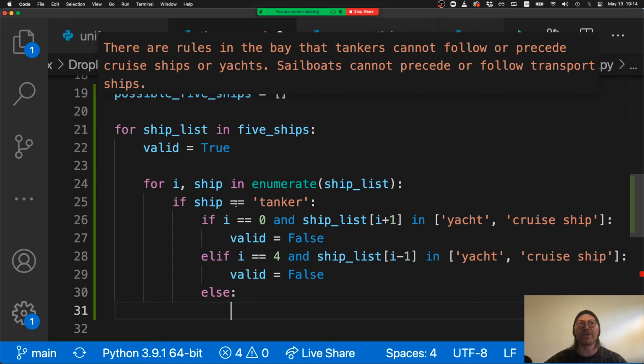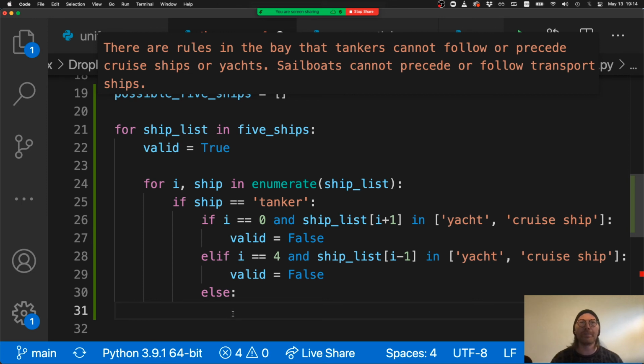We've already covered the condition where I is 0, and we're looking at the next one. We've covered the condition where I is 4, where the tanker's in the 5th position, and we look at the previous one. And in all other cases, we should be able to look at